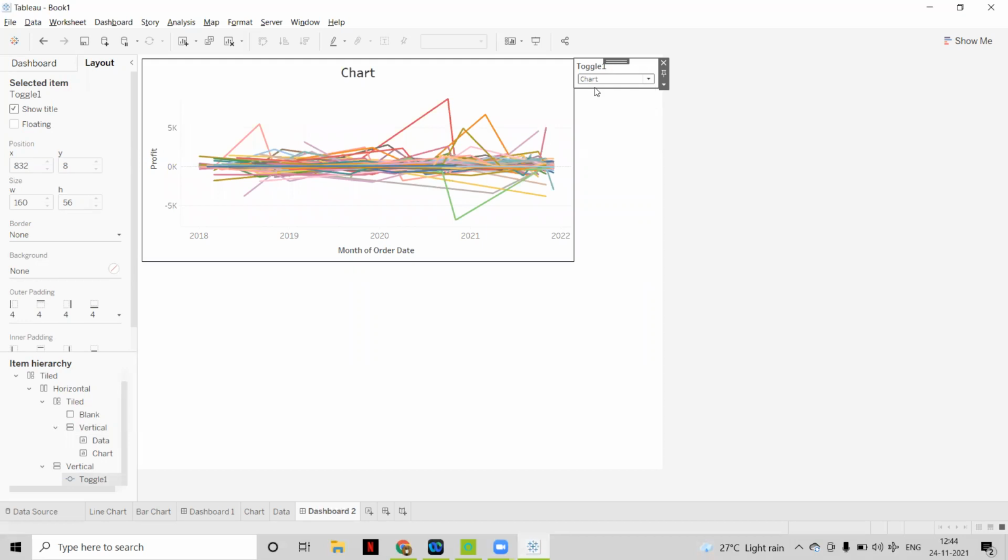Now chart is coming. In the same way, we can add more sheets. If you have 5, 6 or more sheets, in the same way you first have to implement it at the sheet level, so that at a time only one sheet will show the data. Then at the dashboard level, you can start adding the sheets. I hope this is clear. In case of any queries, please feel free to comment.